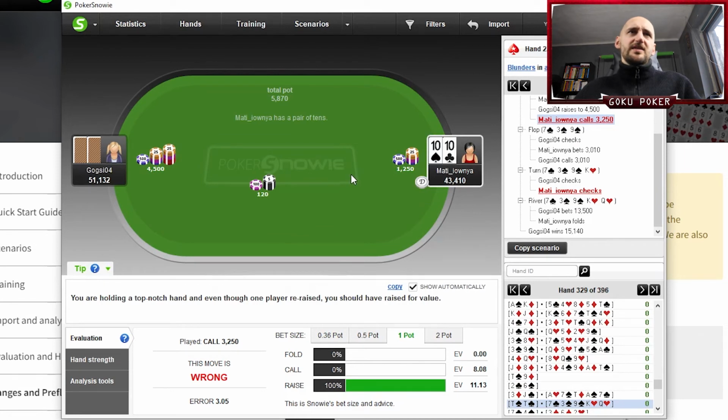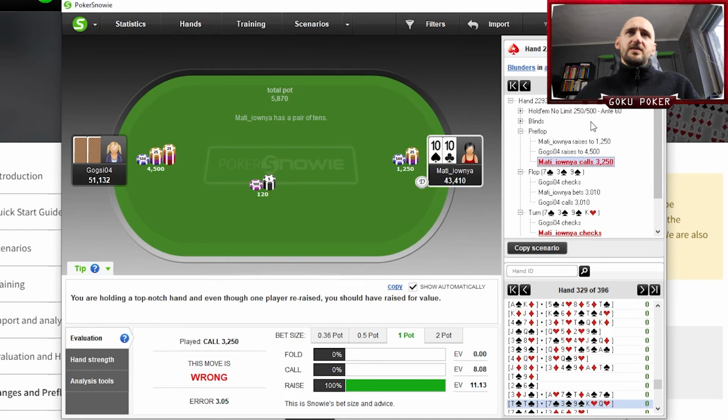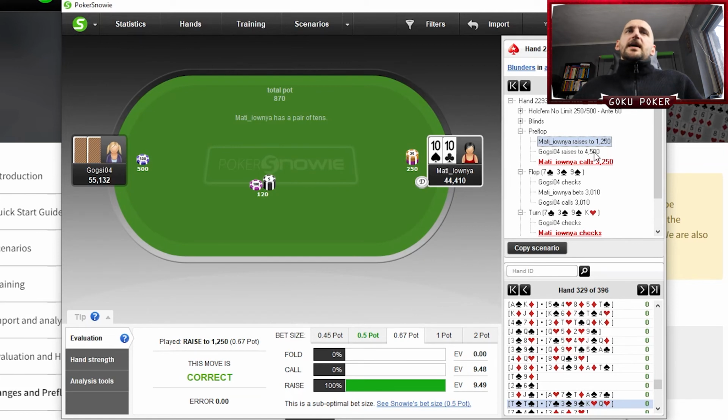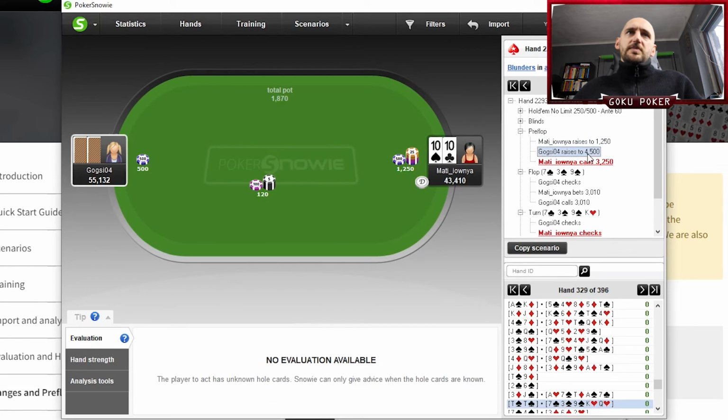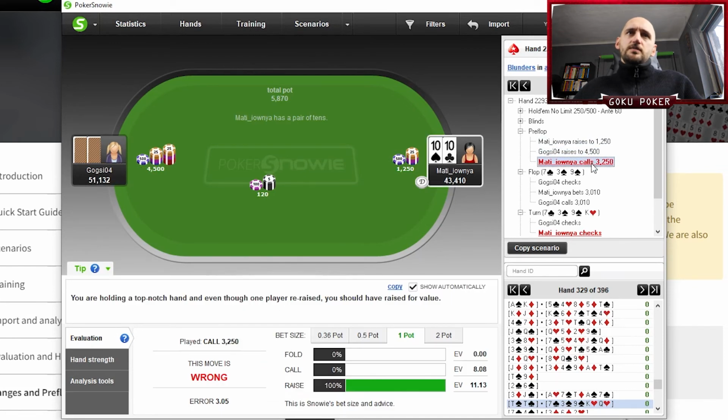Now we have a hand on 250, 500 blinds with ante-60. I don't know if it's a heads-up tournament, or probably it is. And the action pre-flop goes, we raise it up, the big blind 3 bets, and we call, which is all pretty standard, but